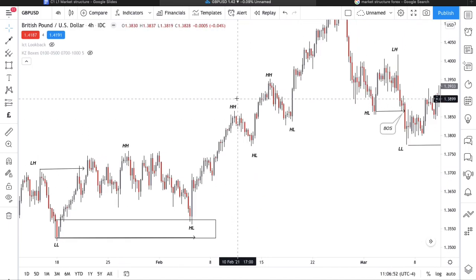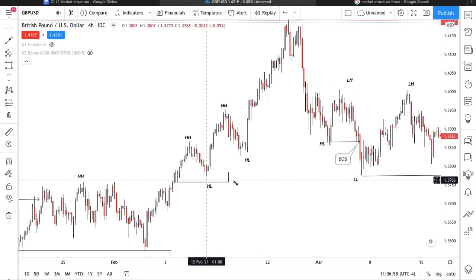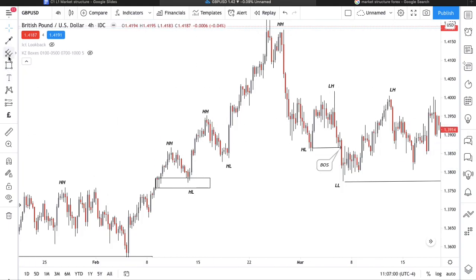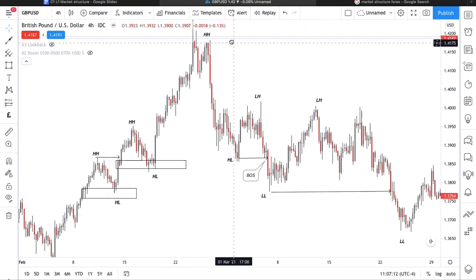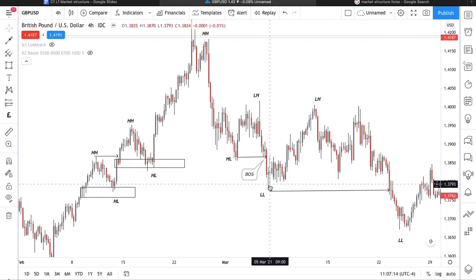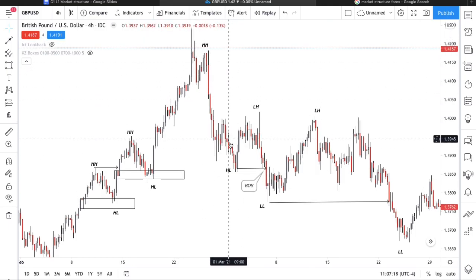Price creates a higher high, pulls back, creating a higher low, and as we can see here, clearly mitigating this 4-hour demand zone. Price then again breaks this structure, this structural high, pulls back, and mitigates this demand zone. Price then creates a higher high, and then so on. And then that's when we got that break of structure, right? No, okay, so before I get to that, so price created a higher high, pulls back, you would have